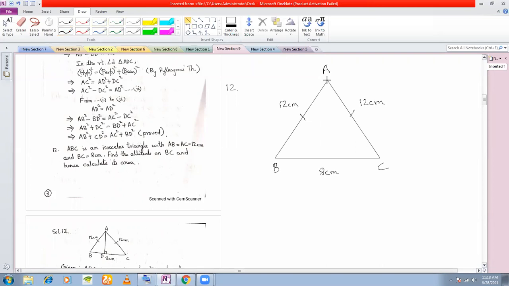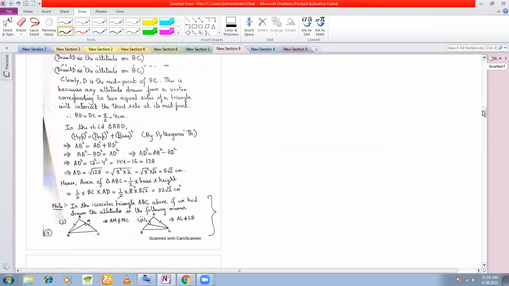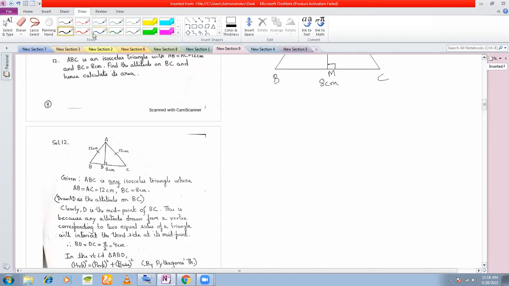So from here, we draw an altitude. Altitude means perpendicular from one vertex to the opposite side. That is called an altitude or the height of the triangle, right? So let us call this point M. Okay, question is calculate the altitude on BC. Now remember this one I have explained here. Go through this explanation. I'll just explain this to you once again. Before starting this problem, I'll finish with this explanation only. Then in the next class, I will move on with this problem.